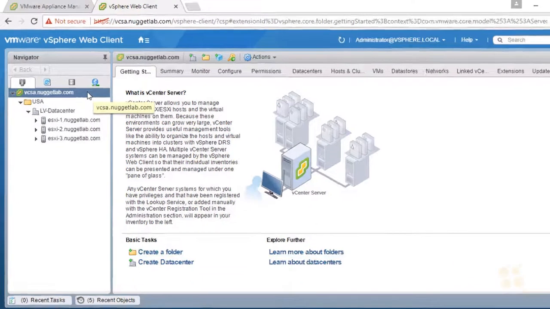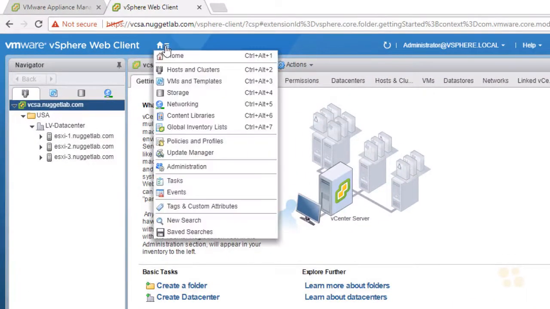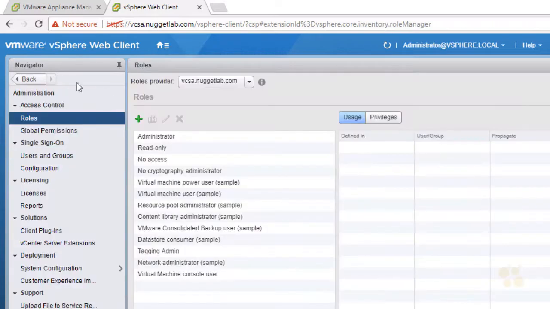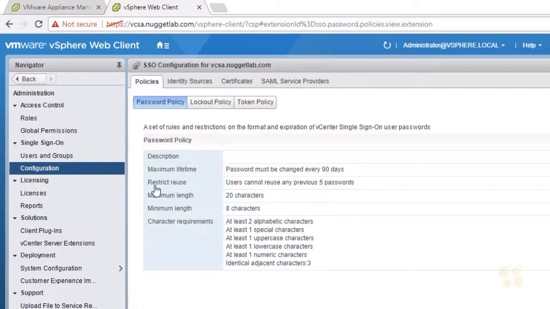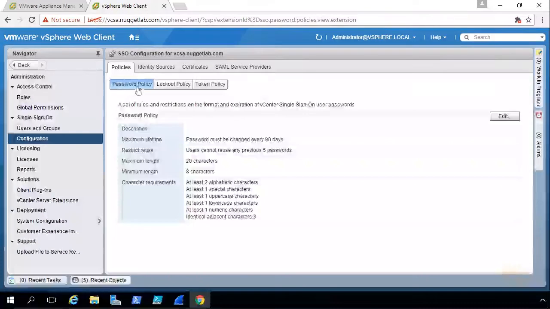So regarding setting the rules for password changes, we're going to hover over this home icon near the top. And then from the drop down, we're going to click on Administration. Then over here on the left under the navigator pane, we'll go under Single Sign-On and click on Configuration. Then we have the Policies tab, which we're brought to, and below that we have the password policy selected, and over on the right we have an Edit button where we can change the